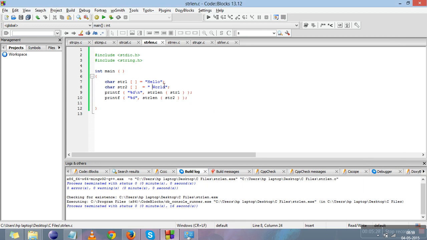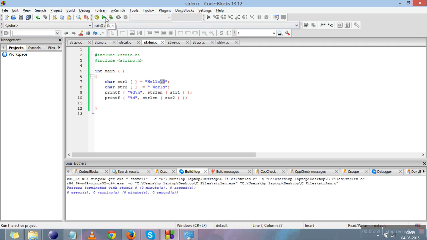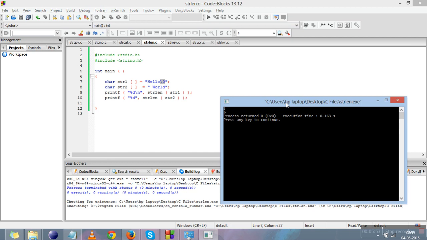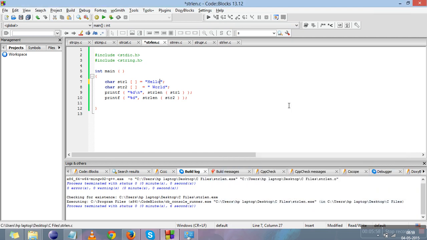And one thing you need to understand here, that I told you in the strings video that the null character is automatically added by the compiler, or we can add it ourselves, but there is no need. But I want to tell you that string length does not count the null character. I have placed the null character over here. This is the null character, but still the length of the string is 5. This means that the null character is not counted in the string length.